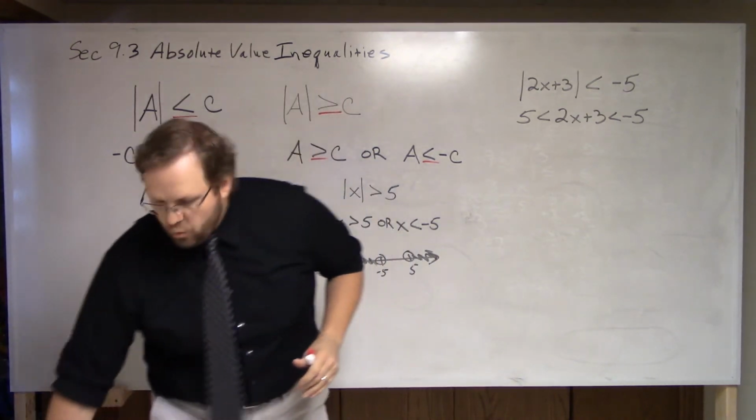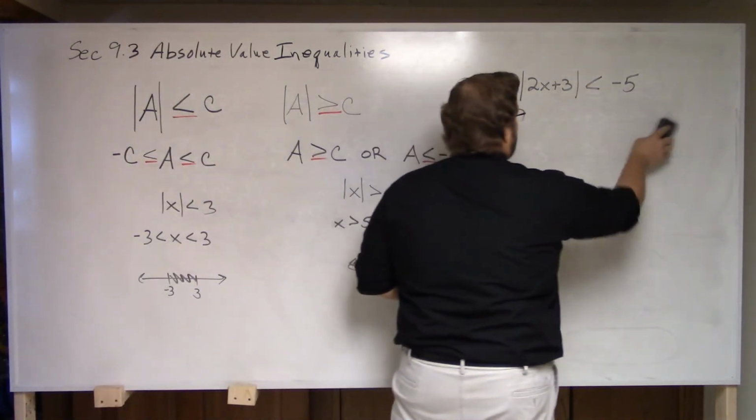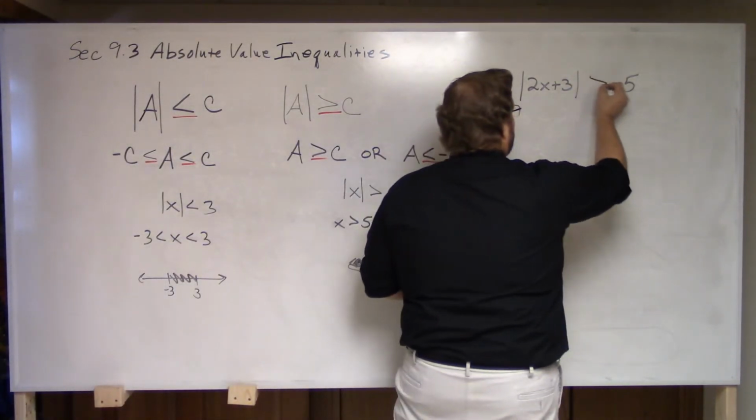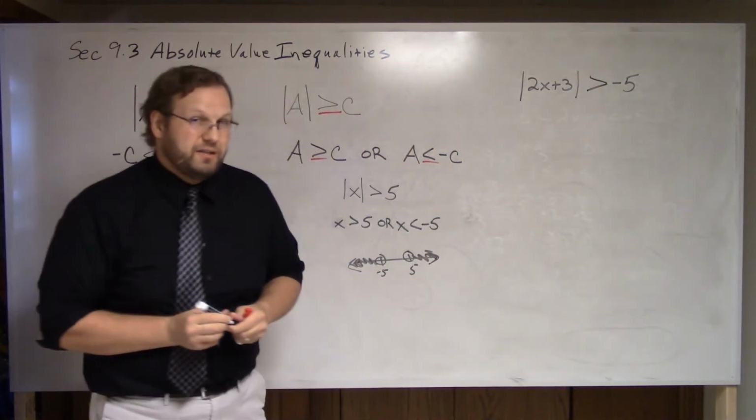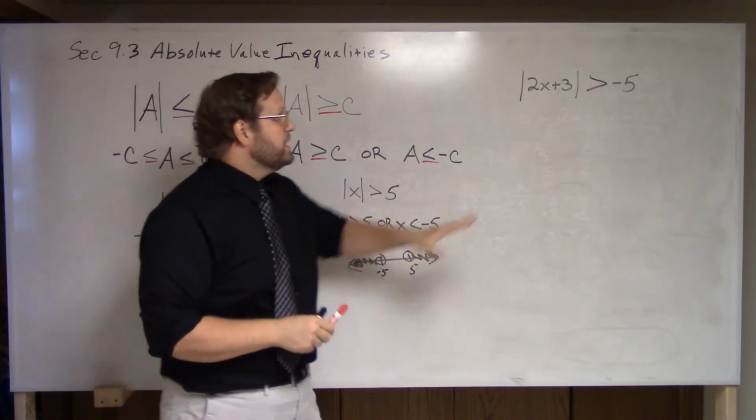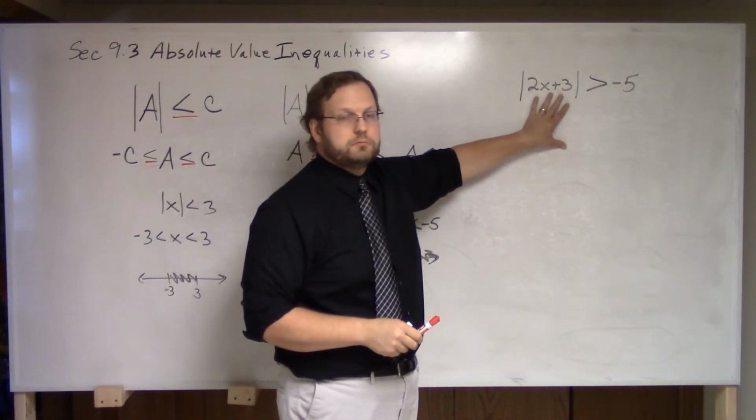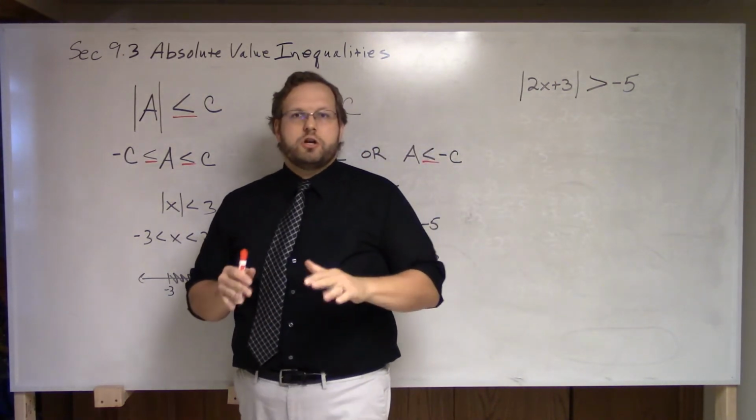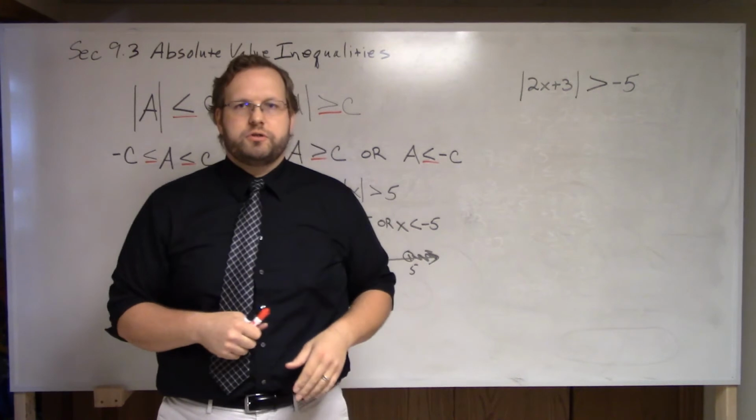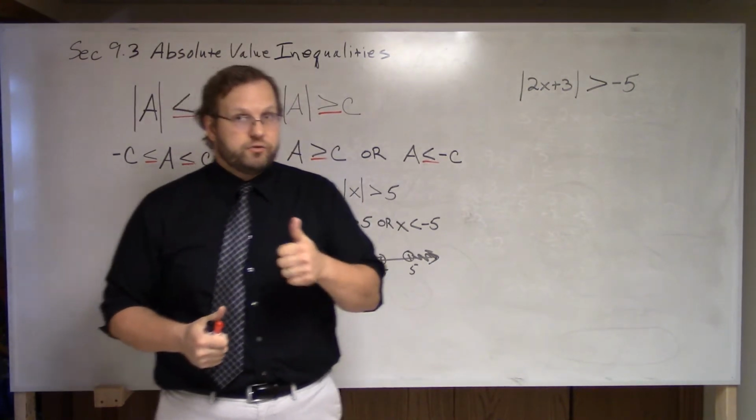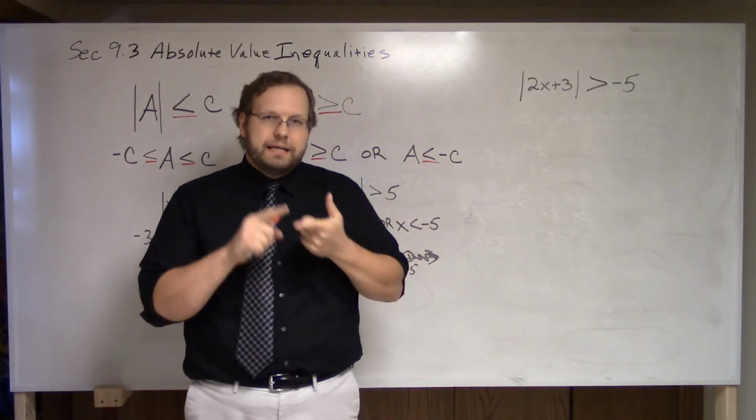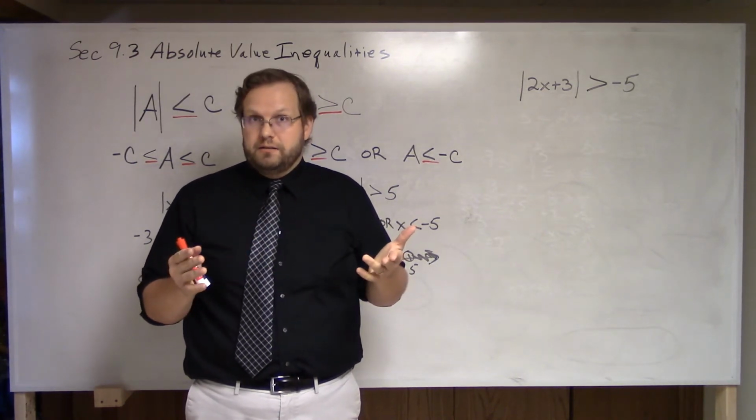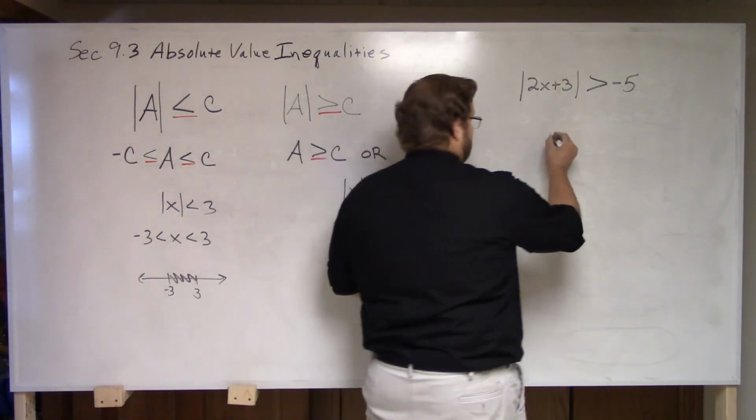Okay? What if it was like that? Now that's a little different, okay? Because you have a positive or a 0 bigger than negative 5. Don't just automatically say, okay, it's a negative, it's no solution. That's true for equations, that's true for a less than. But here we're saying a 0 or a positive is bigger than a negative. That's always the case. So in this case,